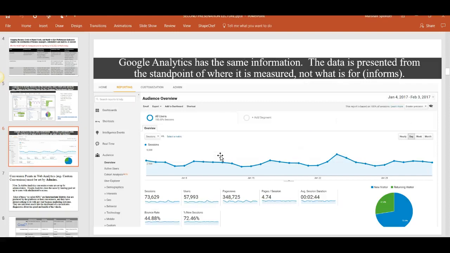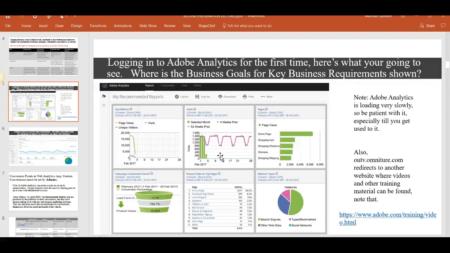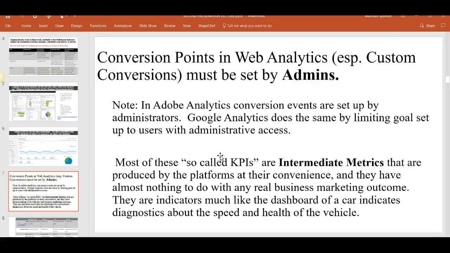Both these tools at the enterprise level actually do become expensive because there's a paid version of Google Analytics that's $150,000 to $200,000 a year. It has more features, but for most people, the free version is fine. But one of the things that I think you'll learn in this course is that in order to get anything really useful out of these tools, you have to customize them. That when they first come out of the box, when you first install them, they